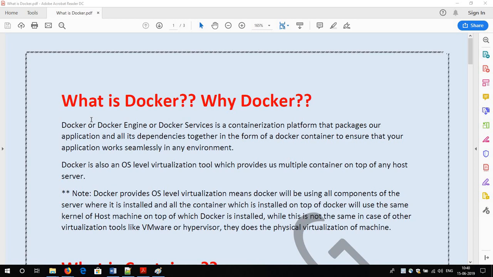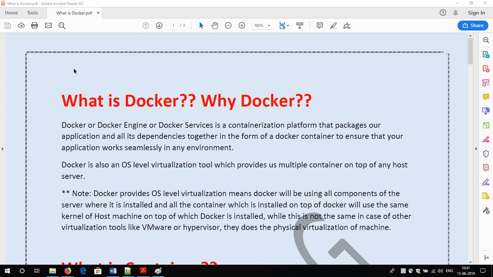Before knowing where Docker actually comes into the picture, why Docker is used, and what Docker is, you should know why DevOps came into the market, what the opportunities of DevOps are, and why all IT companies are adopting DevOps. In that video, you will get a clear idea of what DevOps is and why it came into the picture. If you are a fresher or a beginner to DevOps, I suggest you watch that video. Or if you have a clear concept of DevOps, you can start with this Docker video.